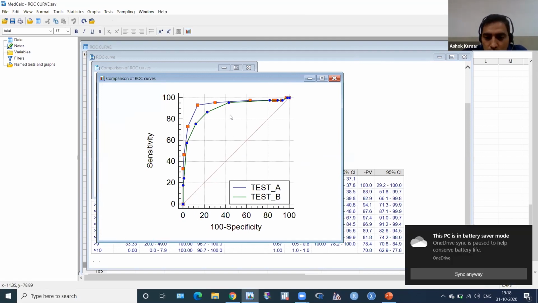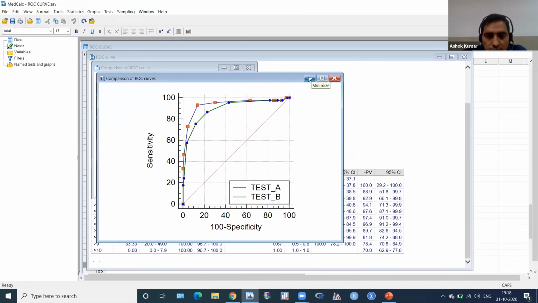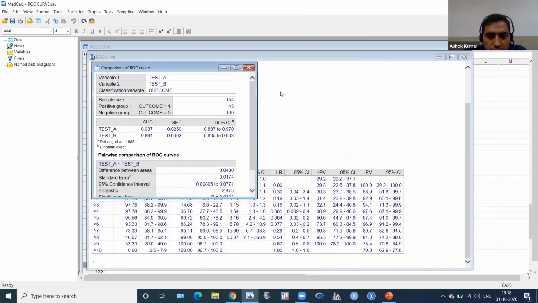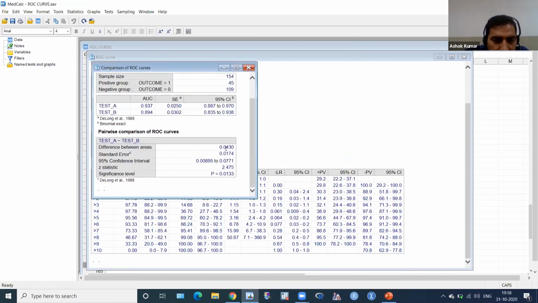You got two. Then you have to see what is the difference between them. This is the difference between the two areas, and this is statistically significant. You will get this difference, the standard error of the difference, the 95% confidence interval of the difference, and the significance level.